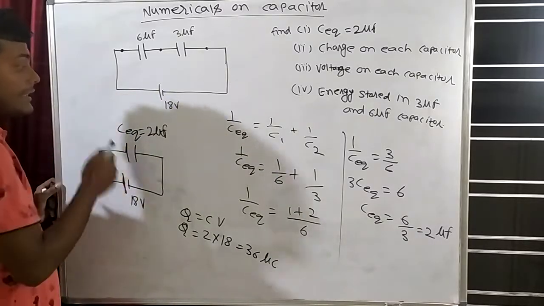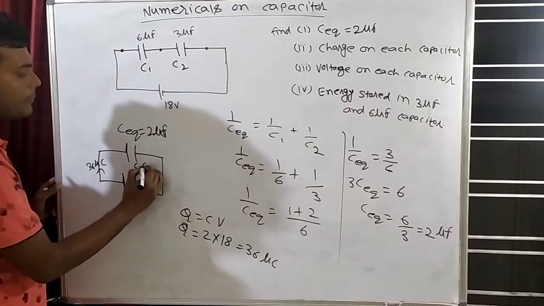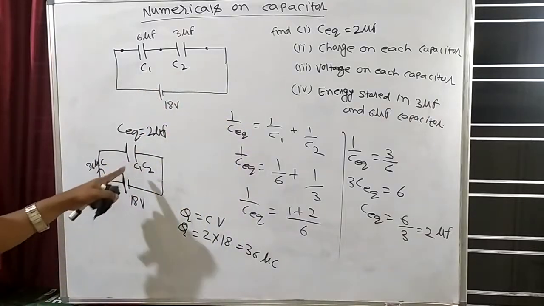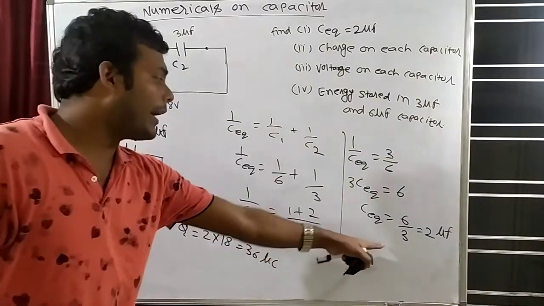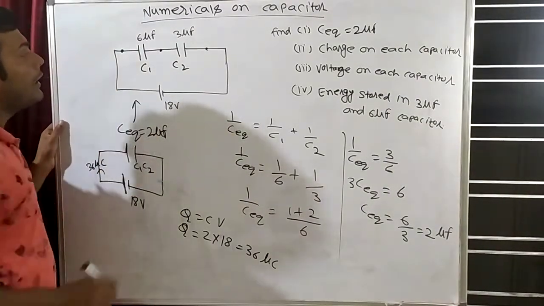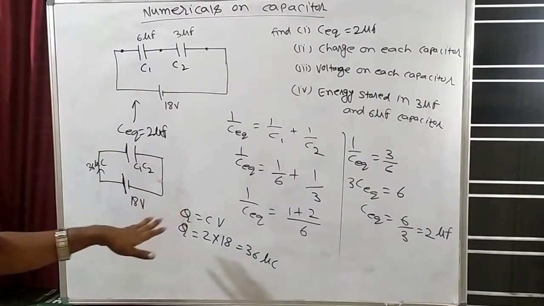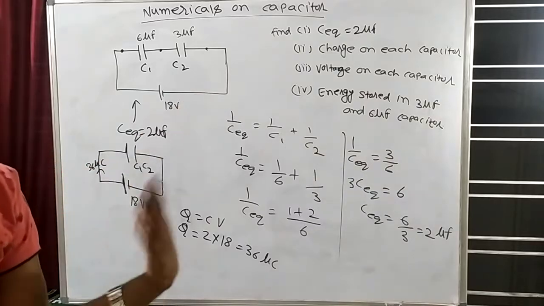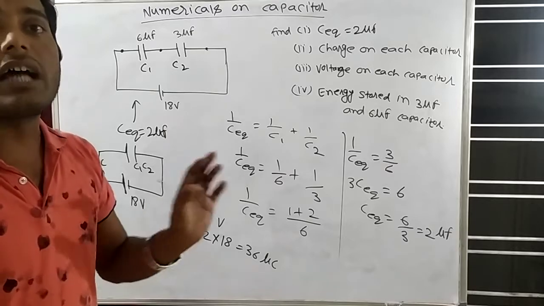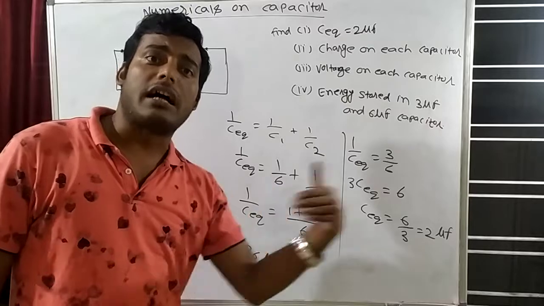Now see that this is equivalent of what? Let's say this is C1 and this is C2. So this capacitor is the equivalent of C1 and C2. And C1 and C2 equivalent is how much? 2 microfarad. So if suppose from here we go in the back direction, can we say that C1 and C2 are actually connected in series? C1 C2 are actually connected in what? This is connected in series combination. And we all know one thing, that in series combination the charge across each capacitor will be the same. So in series combination, what will be the charge on every capacitor?